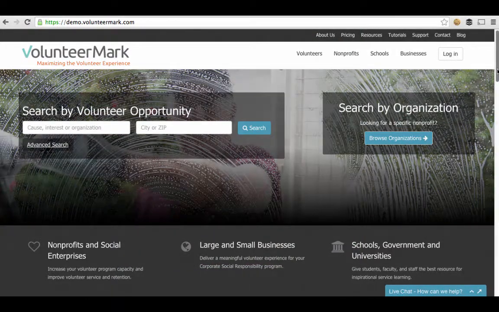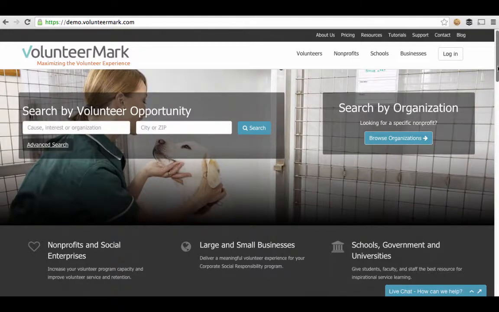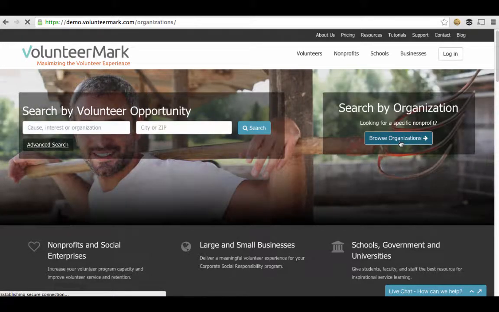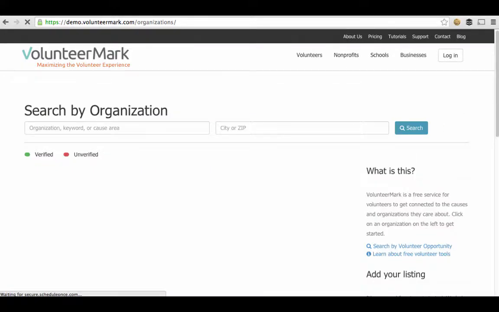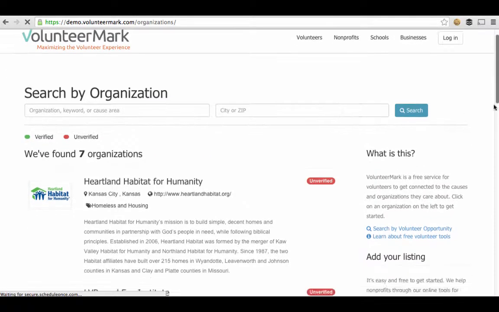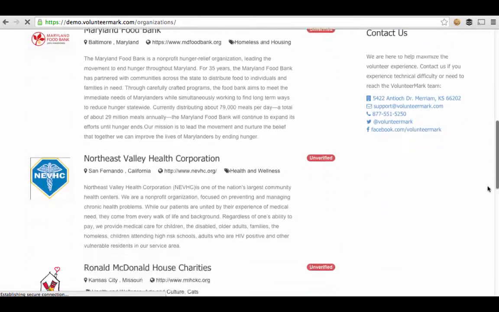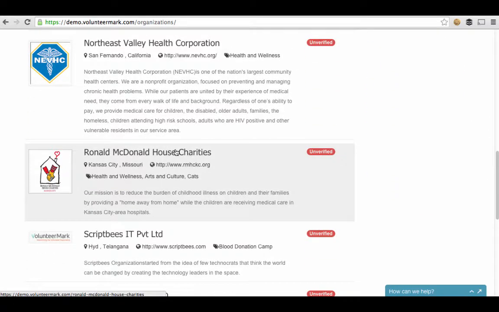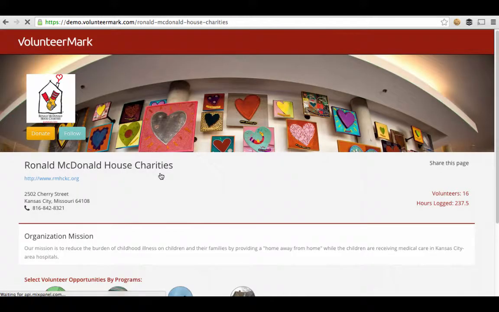VolunteerMark.com is a website that connects volunteers to nonprofit organizations. From the home page, you can click on Browse Organizations and see a listing of all of the organizations that we're working with. This is a demo, and so we can take a look at our example of Ronald McDonald House Charities. Clicking on their page, I can see the Ronald McDonald House Charities landing page on VolunteerMark, which is